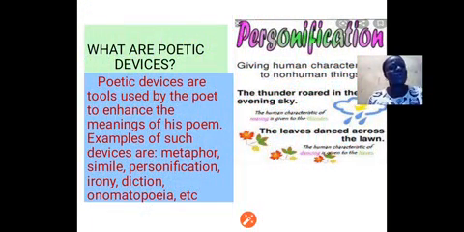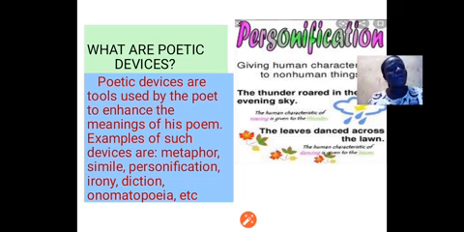And what are poetic devices? A farmer, for instance, has tools that he works with: the cutlass, the hoe, and what have you. A fisherman will make use of the sinker, the line, the hook, and other fishing items. The carpenter, for instance, is going to make use of materials like nail, wood, hammer, and what have you.